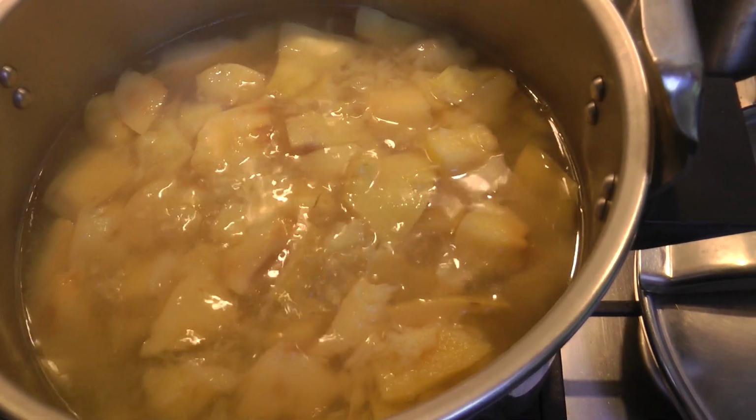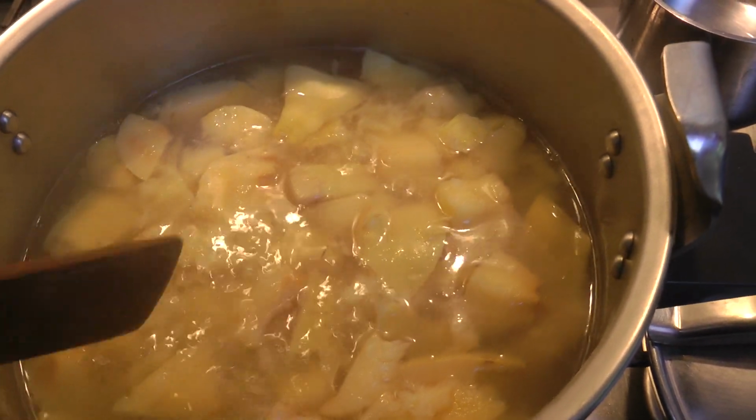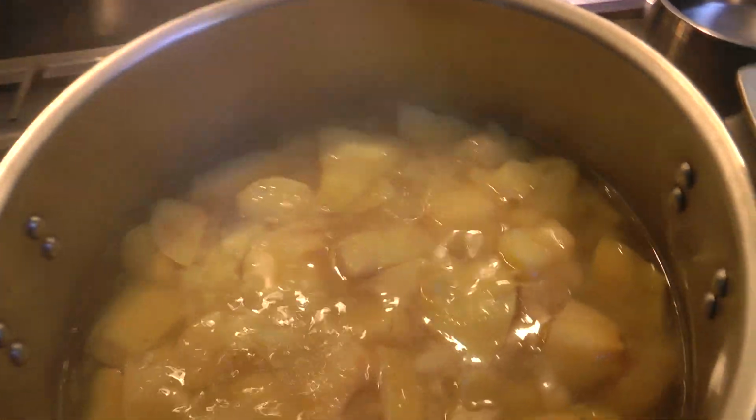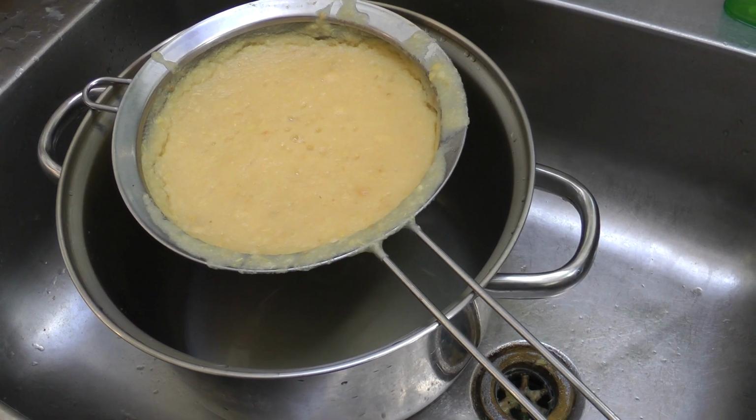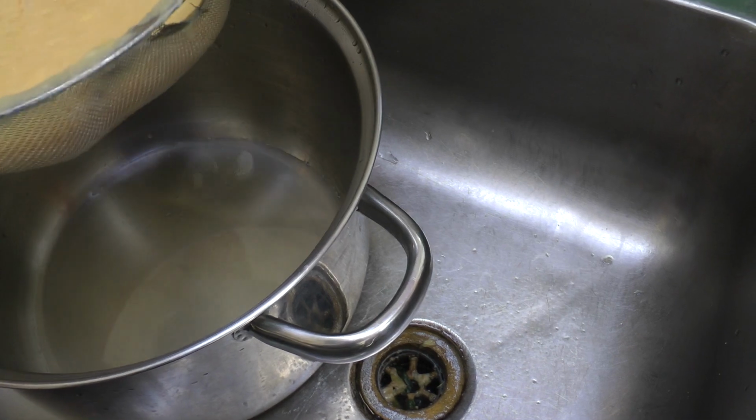So what we're going to do now is we're going to mash it up into a pulp and we're going to set it up to drain and make our beautiful quince juice. There are 2 ways of making your quince juice. You can either use a fine metal strainer like this,